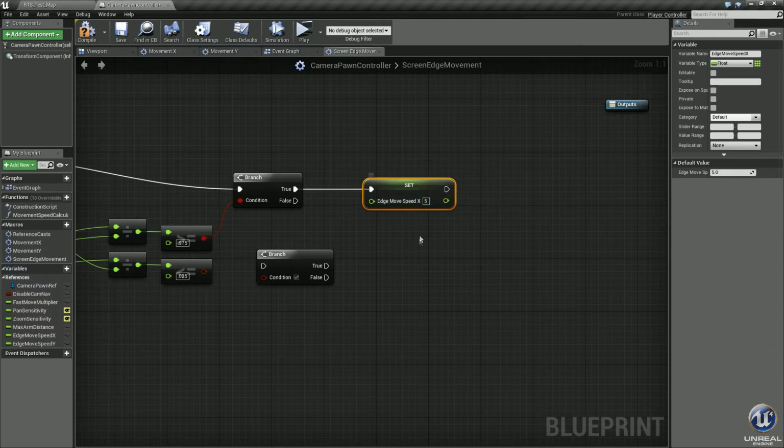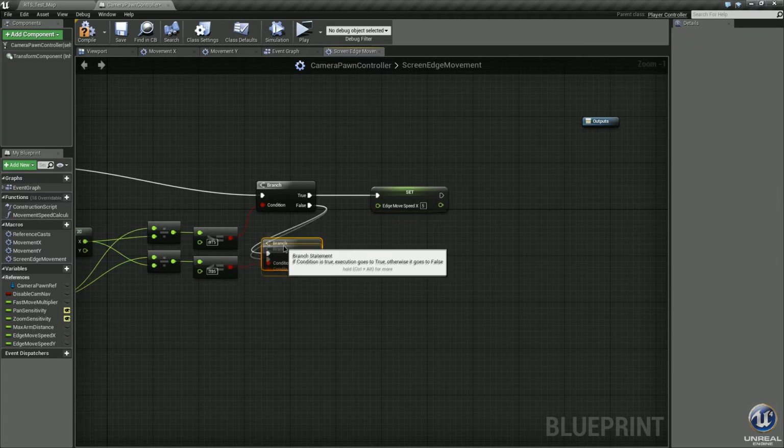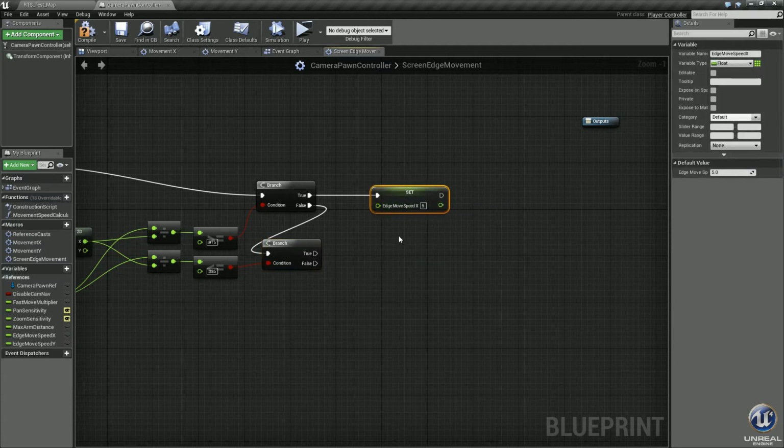So we need to make sure that we always set it to 5, even though it's defaulted to 5. Okay. Now, if this is false, we need to run it into this branch here. Go ahead and hook this into that branch. Now we need to get another one of these. Control W. We'll actually need it 2 more times.